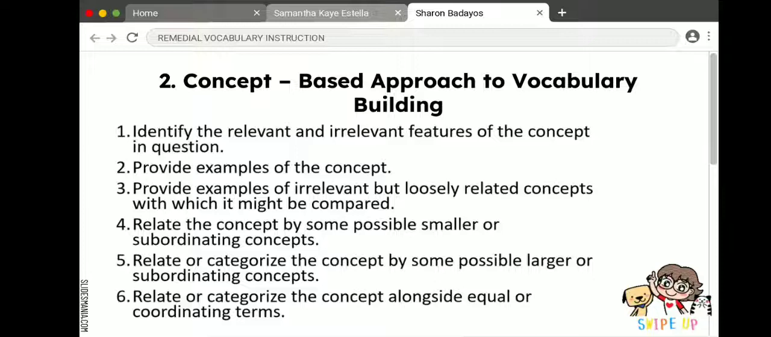So for example, show a classroom globe and point out that the globe is a more perfect sphere than the actual Earth. And then letter C is provide examples of irrelevant but loosely related concepts with which it might be compared, such as a drawing of a two-dimensional circle and a three-dimensional tire. Letter D is relate the concept to some possible smaller or subordinating concepts, such as a ball, an egg, or the moon. Letter E, relate or categorize the concept by some possible larger or superordinating concepts, such as